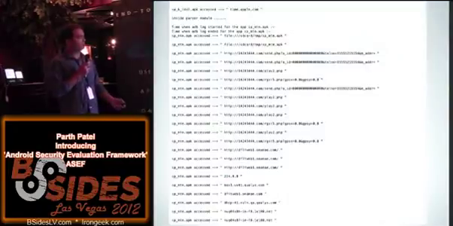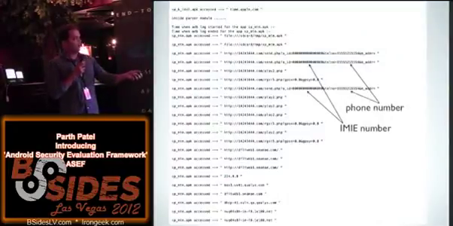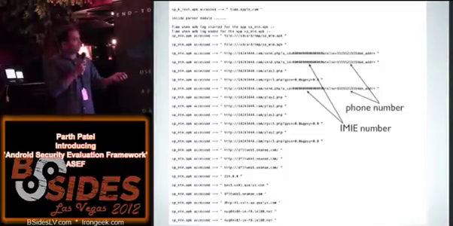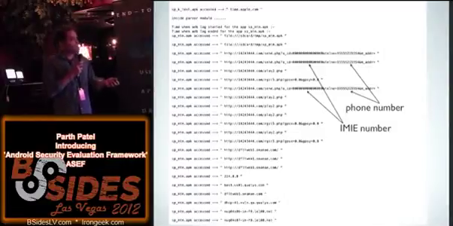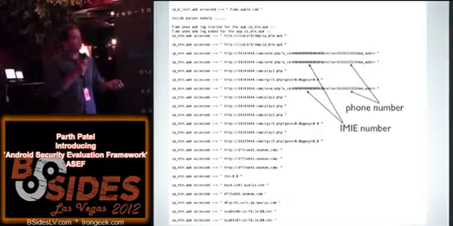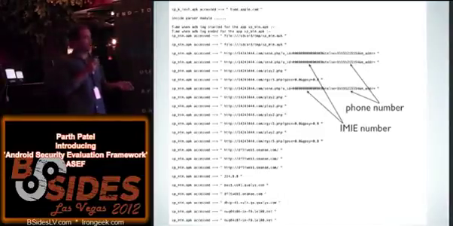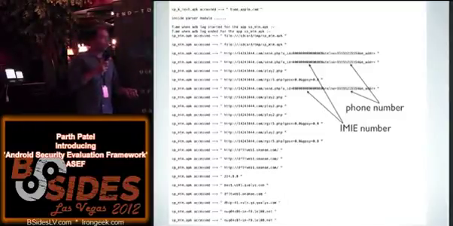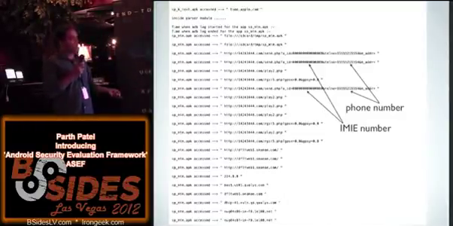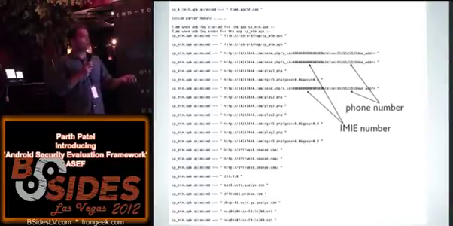Like here you can see that this application is sending your IMEI, which is a device ID number, and your phone number to some server somewhere. Again, this is the default device ID of an emulator and the default phone number. These are all the default settings of the emulator. Imagine if you had downloaded this application on your device, these numbers would have been yours. So using ASEF, I came to know whether I should install this application, knowing that it is actually